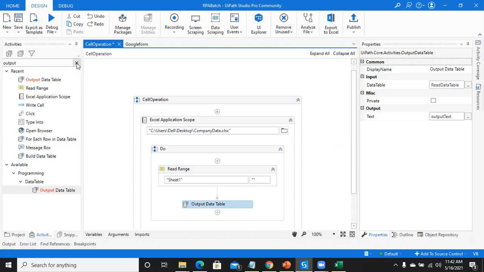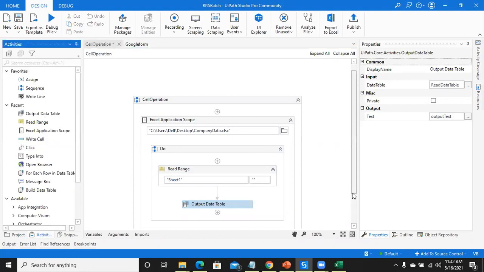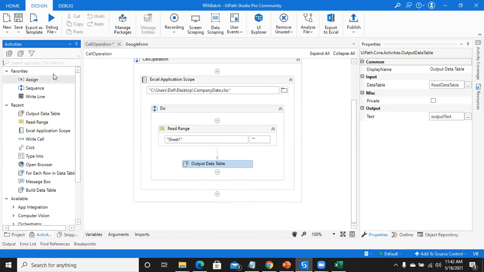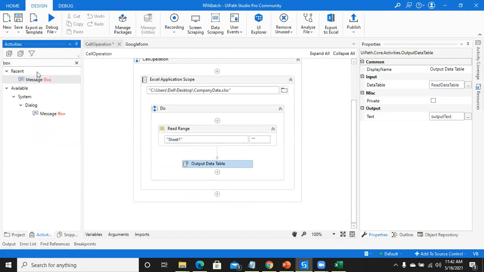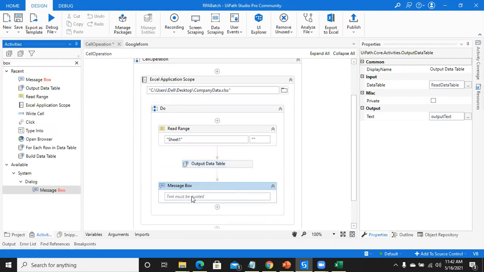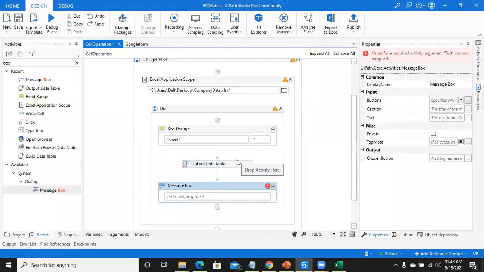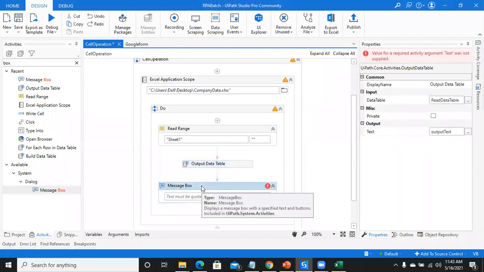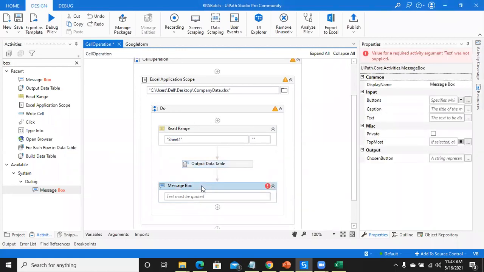Now to check whether all data is available in the output or not, we can use a message box. Message box doesn't accept a data table value. It always accepts a string value, or a variable that is an integer or string.